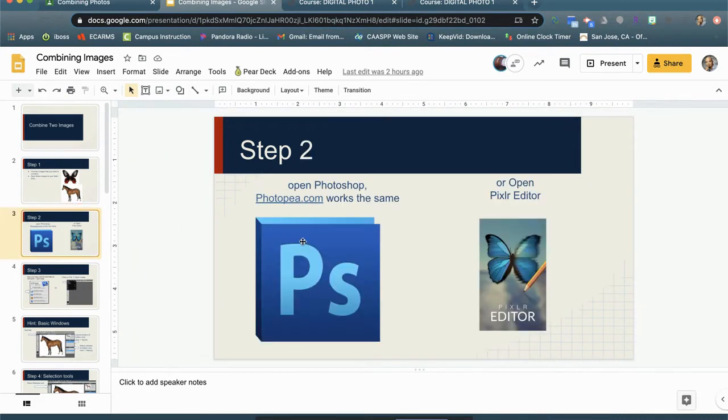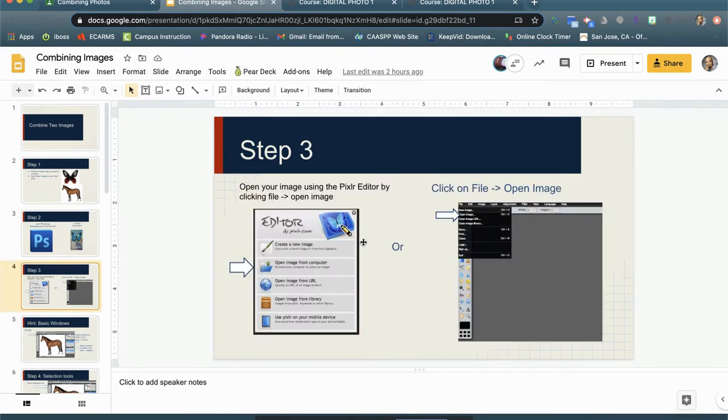And then the programs that you can use, you could use Photoshop if you can download this. If you cannot for some reason, then you can go to photopea.com. I will actually be doing my demonstration based on Photopea, or you can use pixlr.com. Those are some different options for you. The first step is to open an image. Actually, I'm going to have us open a